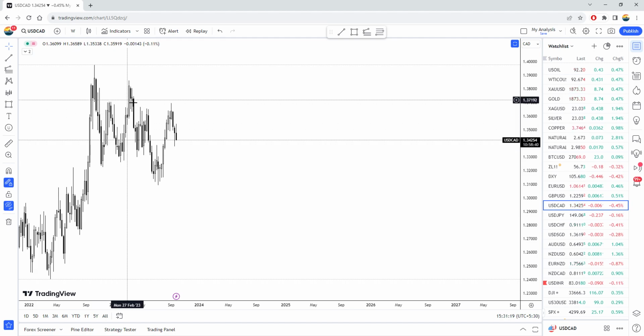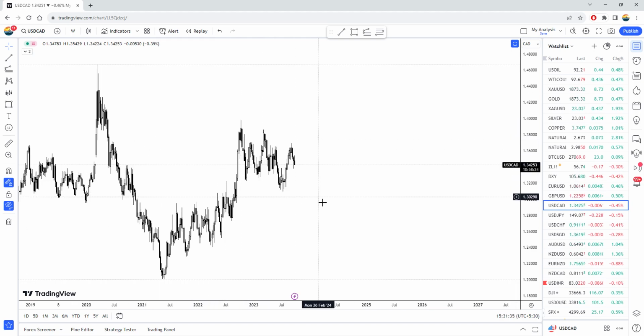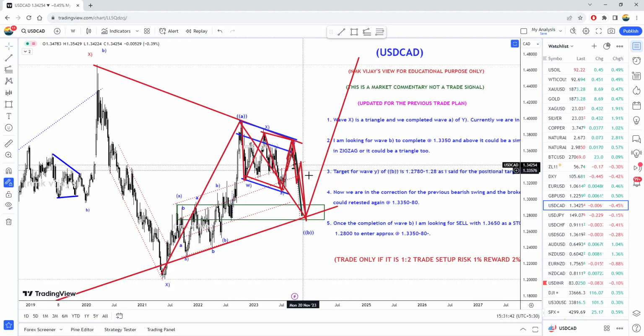So I thought this is the A, this is the B, and C is an irregular flat pattern. So A, B, C is a B, and we are in the C wave, or this could be a W, this could be the X, and one more 5-wave structure A, a 3-wave structure and the C. So the target I'm expecting in USDCAD is 1.29 here. Whether it is going to be a full 5-wave structure or a 3-wave structure to reach this 1.29